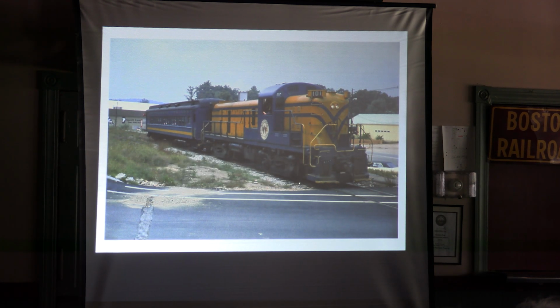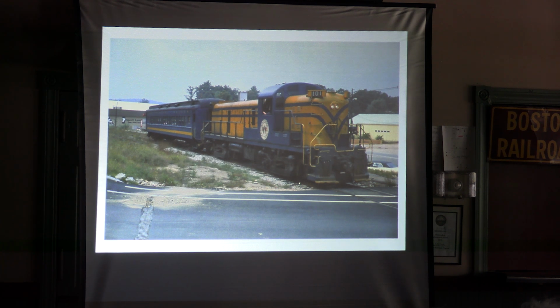Now the turkey ran until Labor Day weekend. Monday of Labor Day weekend was the last run of the turkey. And I believe this is from that day. This is at Meredith. The Meredith Depot was right on the other side of that passenger